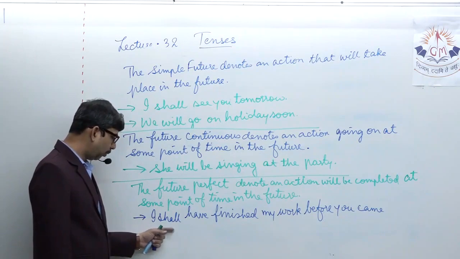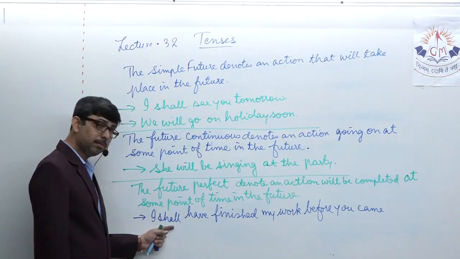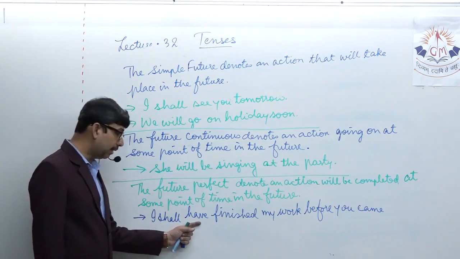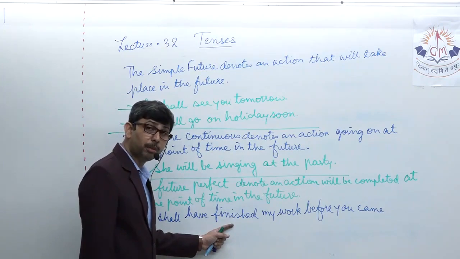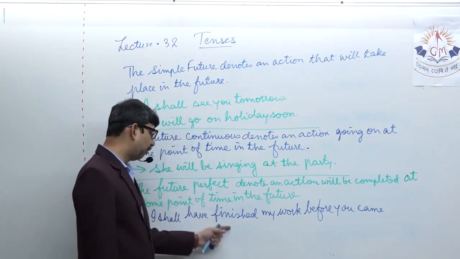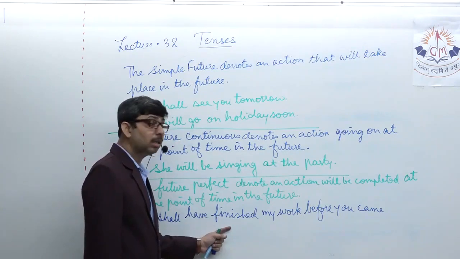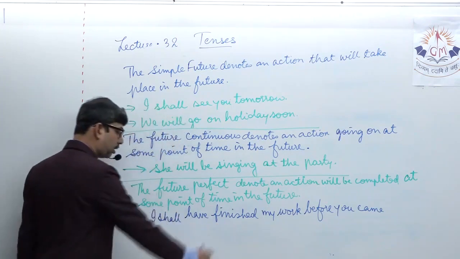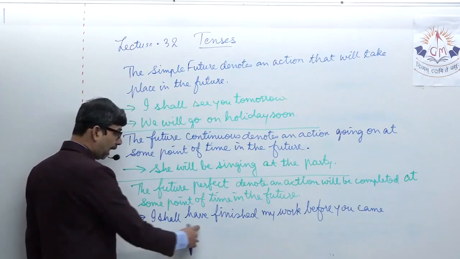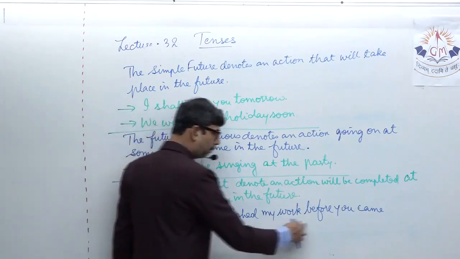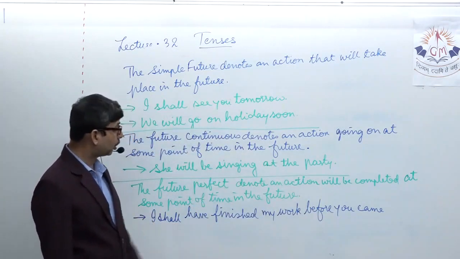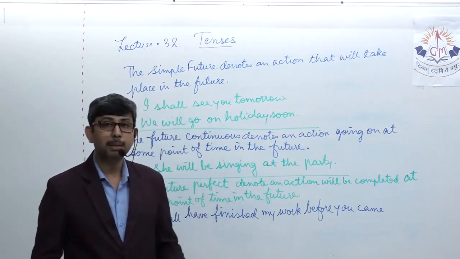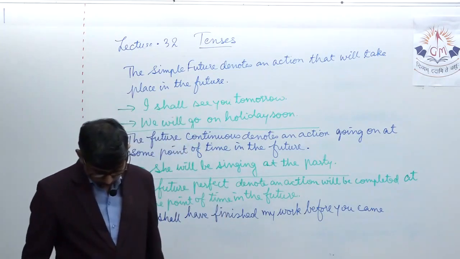Have a careful look at the verbs used over here. The auxiliary verb shall, the auxiliary verb have, and then followed by the word finished. Do not consider this to be the verb in the simple past. It is a perfect tense, therefore a perfect tense always uses the past participle form, the third form of the verb. Therefore finished is in the past participle form. I shall have finished what? My work. When? Before you come. So in this manner we use the future perfect to denote an action that will be completed sometime in the future. Few more examples.